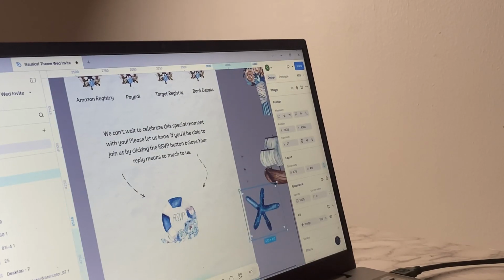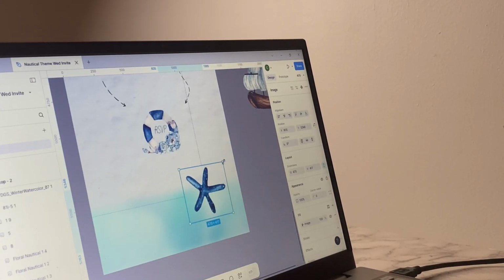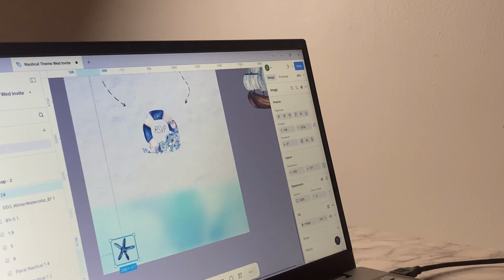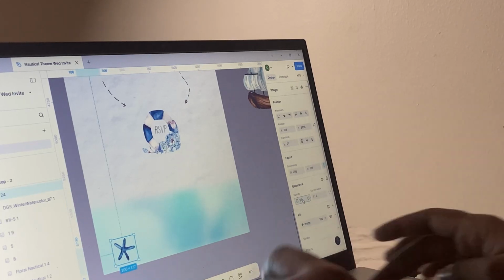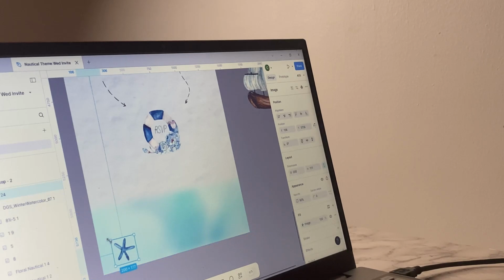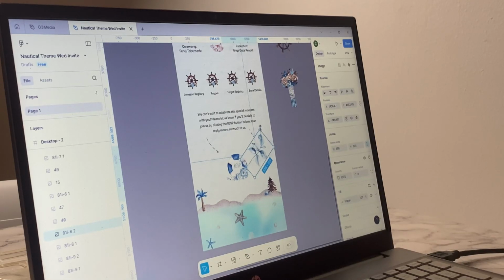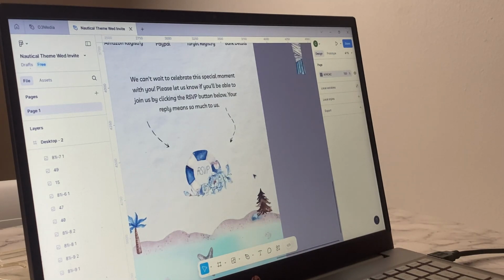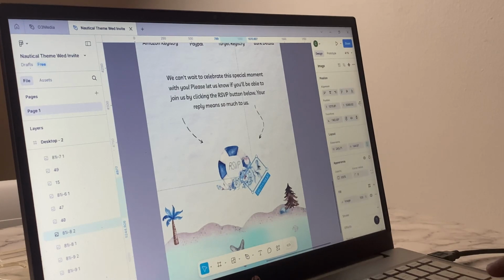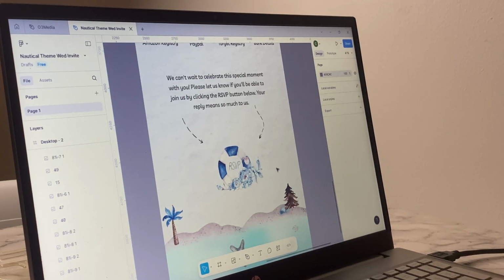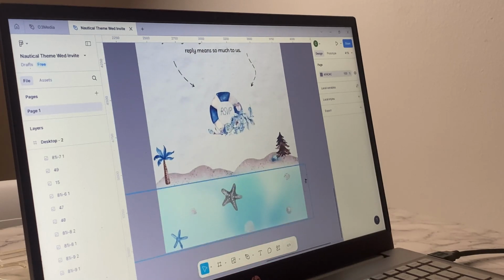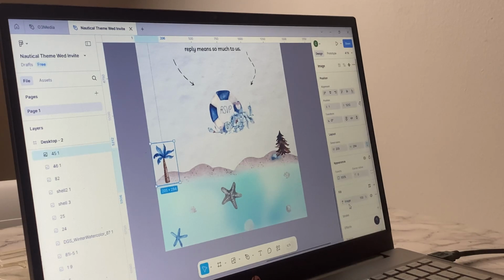So once again, I did the blurry effect with the blue background to give that water appearance, and I definitely added in some nautical elements, you know, the shell, the starfish, all of those things, and I did the whole opacity change just to give dimension in terms of how far they are or how close they are. And I added the sun on top just to give it, you know, the beach look, along with some palm trees, and I think this is like a Christmas tree, I think. Everything flowed so well on the website.